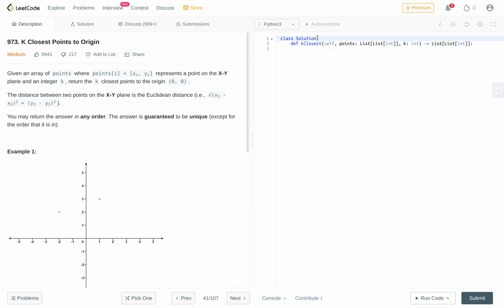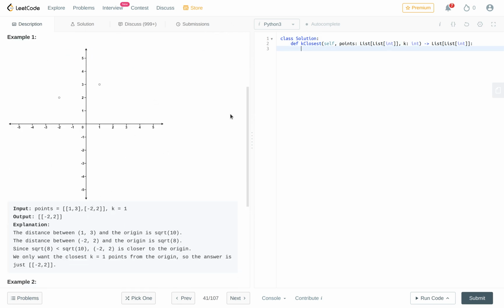Now let's first calculate the distance and store it inside our heap. So we need one heap, and we need to push to it. So we need to import heappush and heappop from heapq. These are the two functions we are going to use in this problem. For each of these points we will calculate the distance and store it inside the heap. So for p in points,